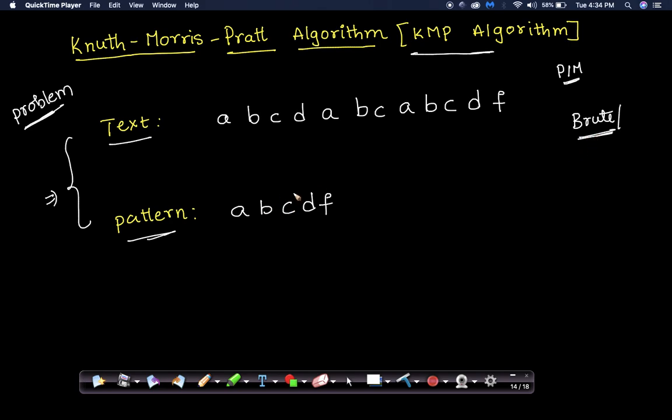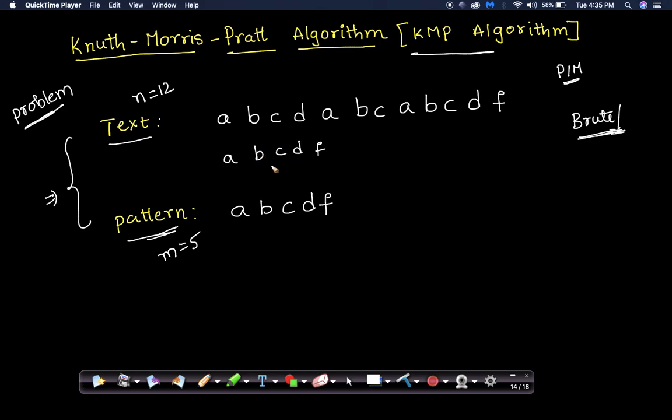What we have done in this Naive approach is, every time we compare each and every character. Let's suppose my given pattern contains 5 characters, and the given string contains 3, 6, 9, 12 characters. According to the brute force approach, what will we do? We are going to compare.